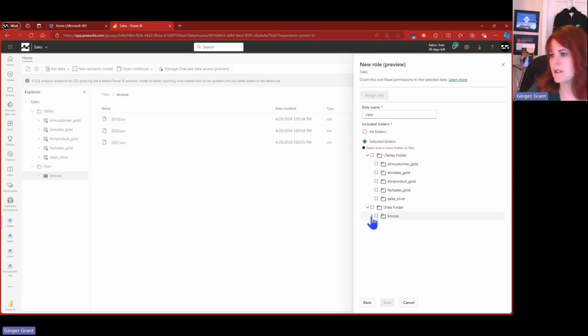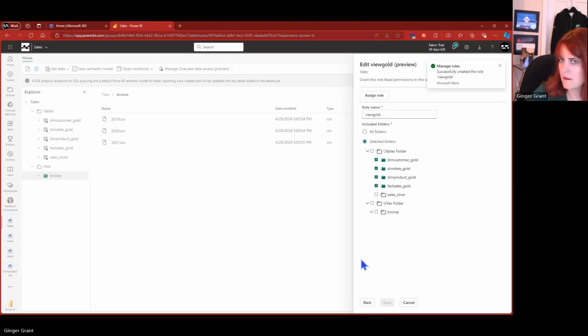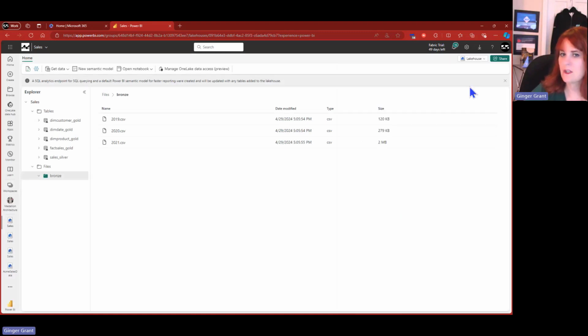And here we can see that I've got the one folder, but for selected folders, I could just say that I wanted to have them only take a look at the gold data. And so I'm going to call this view gold. And then all that they would have the ability to do would be to view these different elements within my model. So I can then, of course, assign users to this